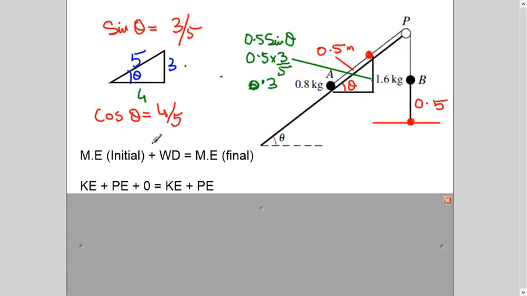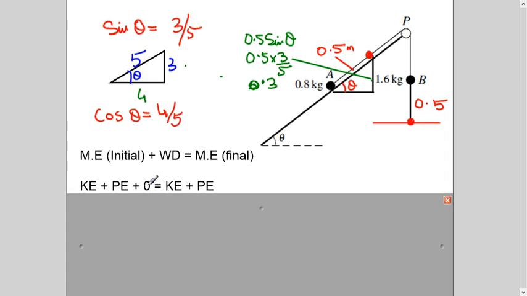Now when we say using the energy method, basically it is mechanical energy initially when everything was stopped. When things start moving, that is called final mechanical energy. Why am I writing work done in between? So this is the equation: mechanical energy initially plus work done equals mechanical energy finally. When I use the word mechanical energy, I mean kinetic energy and potential energy, right? So here, when I write kinetic and potential energy, I'm talking with respect to particles A and B. I'll show you in a while.